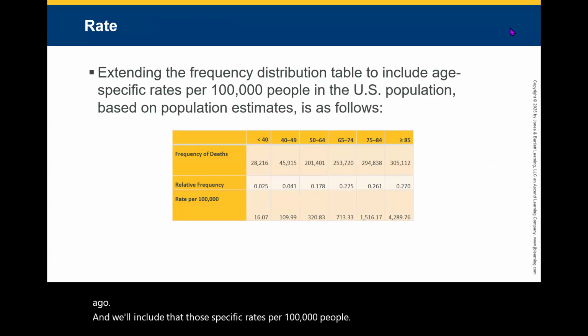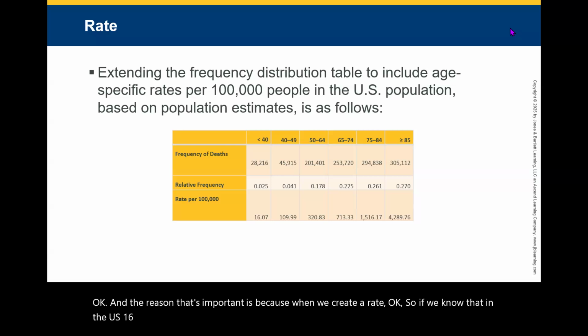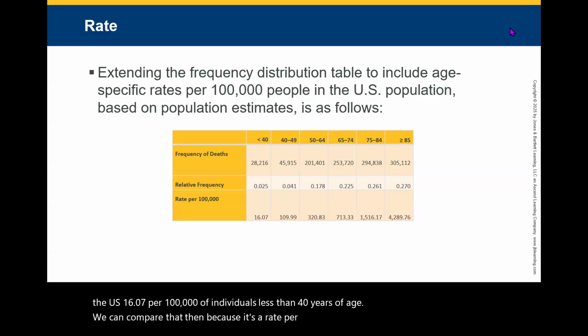And the reason that's important is because when we create a rate, okay? So if we know that in the US, 16.07 per 100,000 of individuals less than 40 years of age had COVID, okay? We can compare that then, because it's a rate per 100,000 people, we can compare that to other